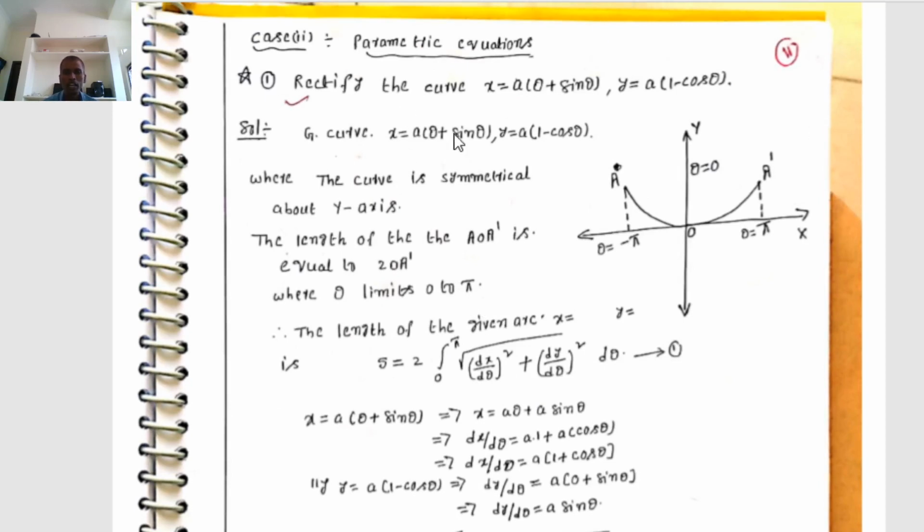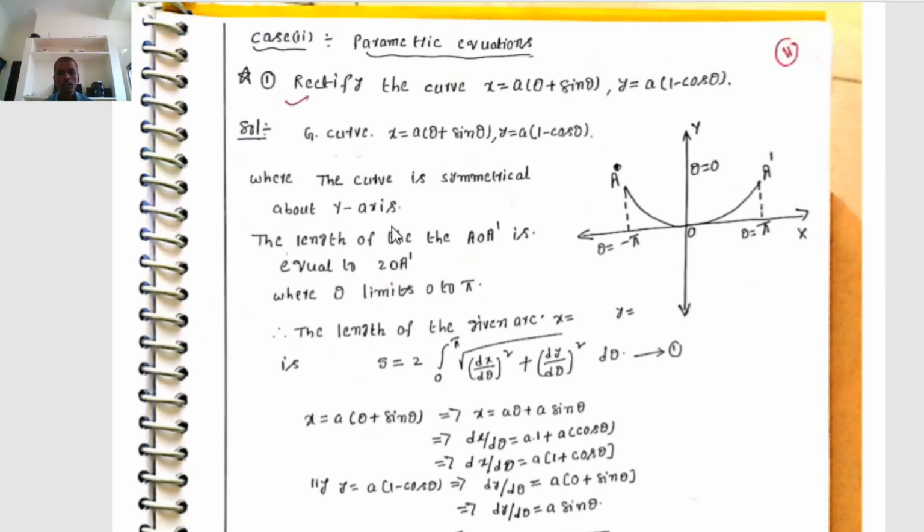Using the parametric equations, we find the length of the arc of the curve. We also observe that the curve may be given as y equals f of x or x equals f of y, which is the Cartesian form of the equation. Therefore we find the length of the arc using its Cartesian equation, where for y equals f of x, we already know that s equals the integral from a to b of the square root of 1 plus (dy by dx) squared, dx.